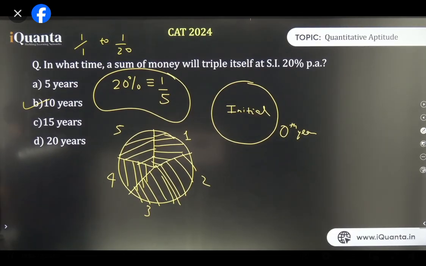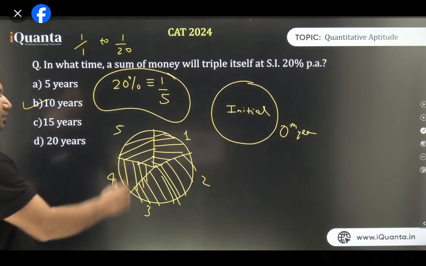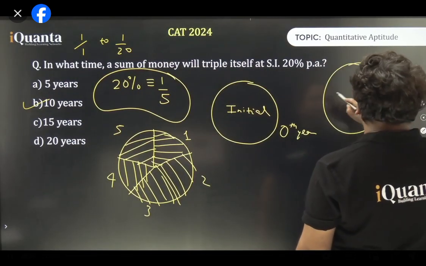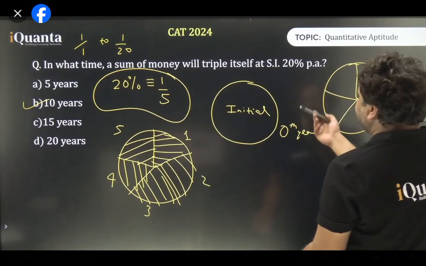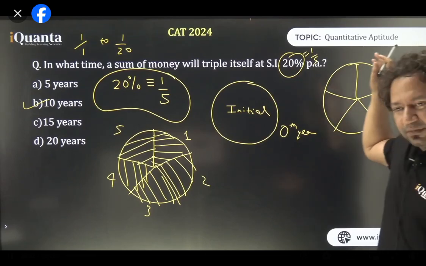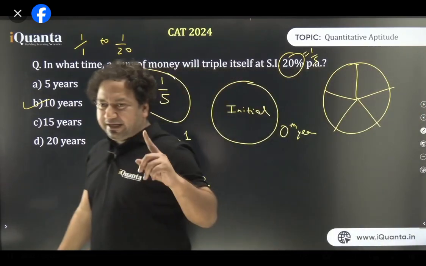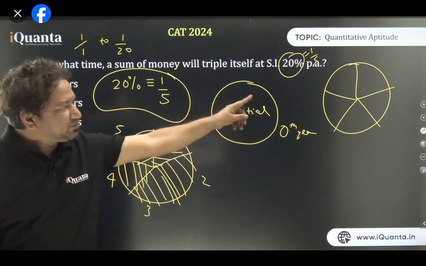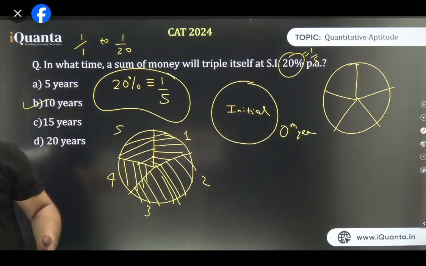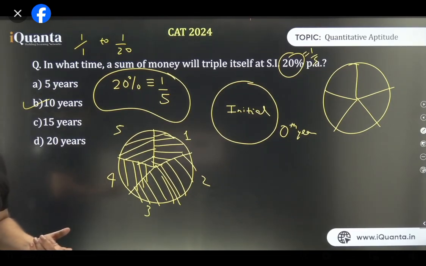Right, Tamanna. Yeah, I'll explain that again. 1/5. All of you know how a cake looks like. Pie, how it looks like. A circle in which there are some pieces. I made 5 pieces. Why? Because 20% is 1/5. So every year I'm getting 1 piece. In 5 years I'll get all the pieces. Yes or no? Is that clear? Every year I'm getting 1 piece. In 5 years I'll get all the pieces, so I'll get one more cake. I had 1 cake initially, now I have 1 more cake. I have 2 cakes now. In how many years? In 5 years. So every 5 years I'm getting one full cake. Isn't it? Exactly. Perfect.